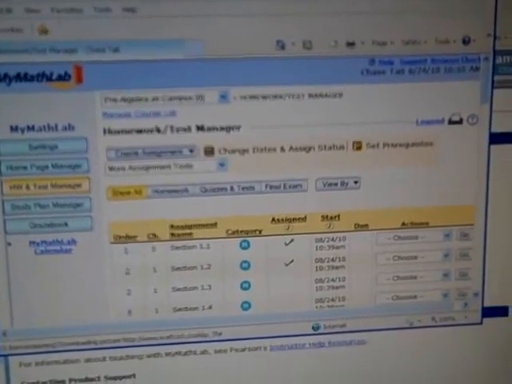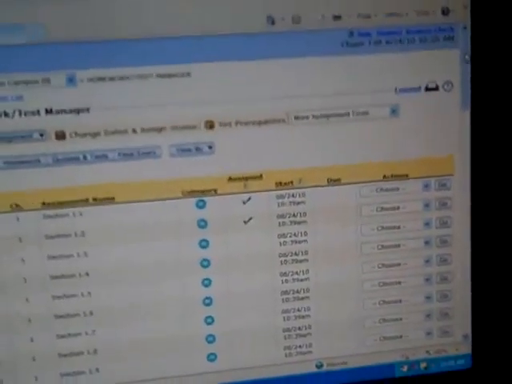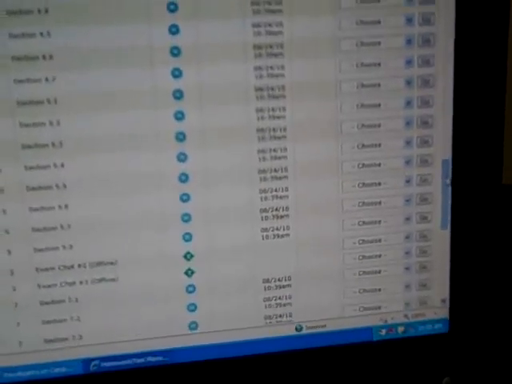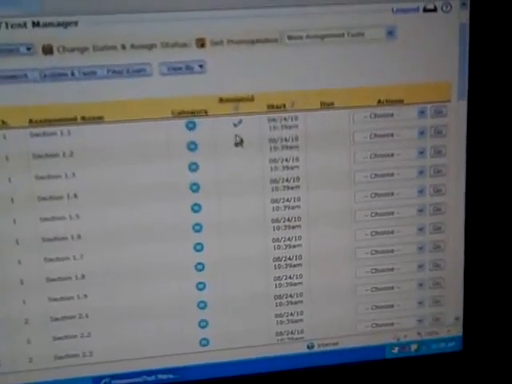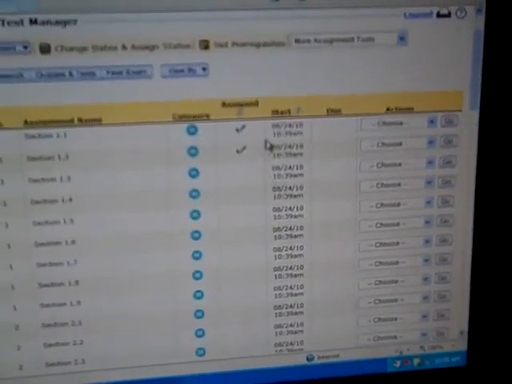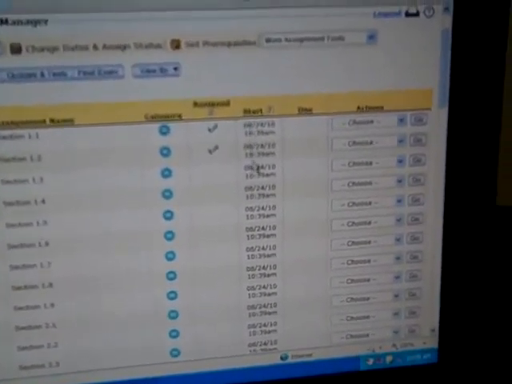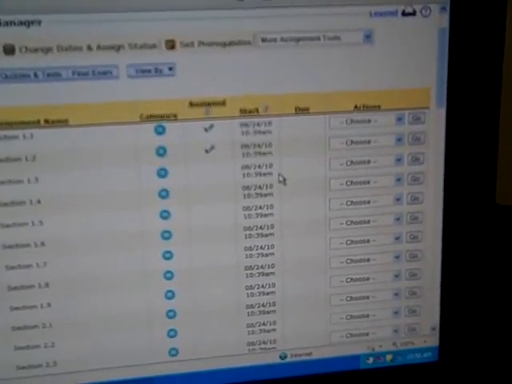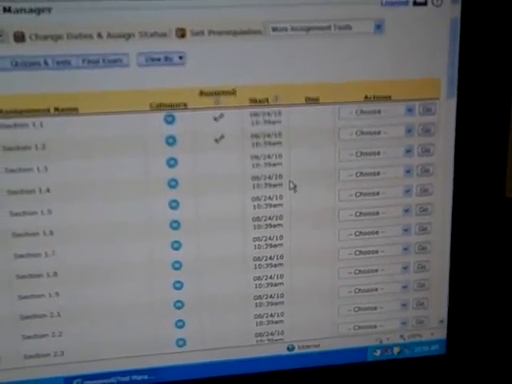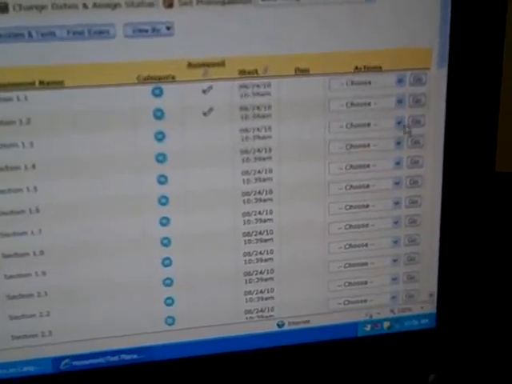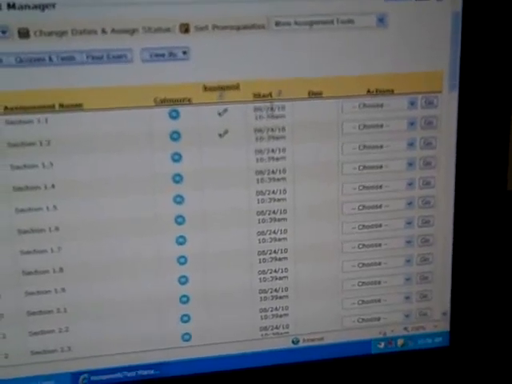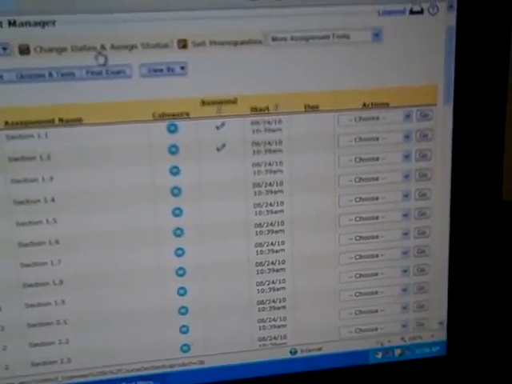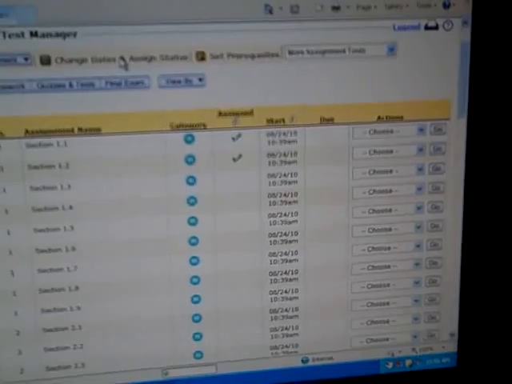you're going to have a wait, and you're going to see a list of assignments. Hildy has actually put up a whole bunch of assignments from last summer. Now what I did to this is they were all checked at one point, and they all had due dates and start dates that were last summer. So if a student saw those, they'd see all those assignments, they'd try to get into them, and they'd find they couldn't do it. What I did was I went to change the dates and assign status